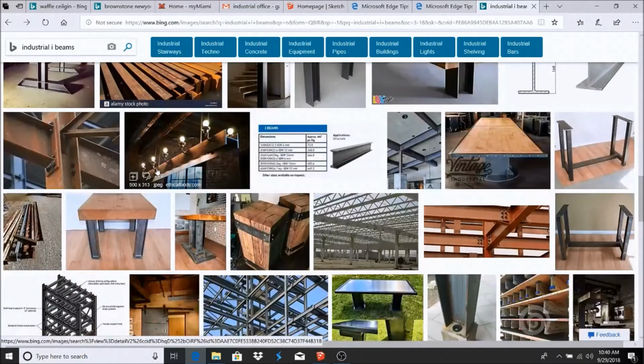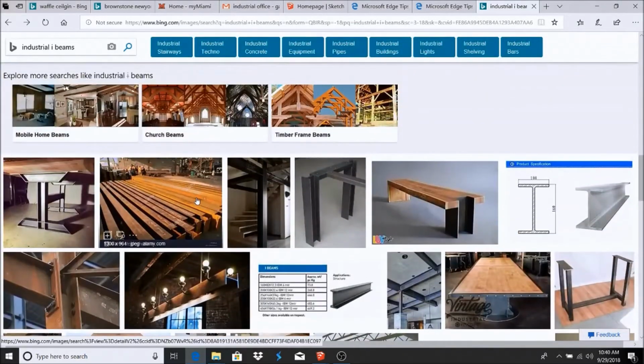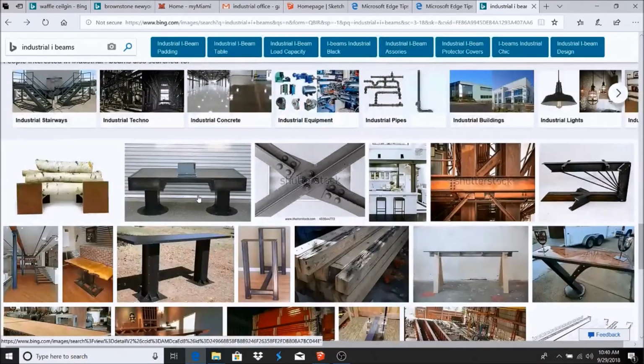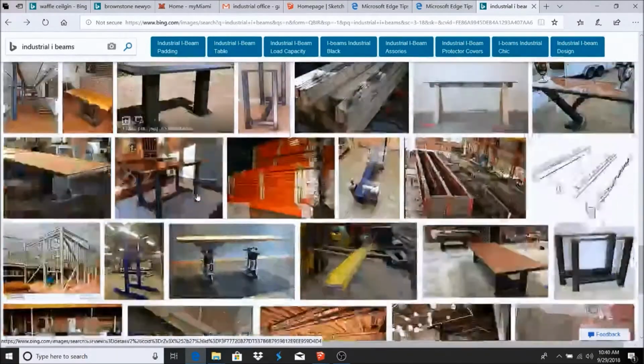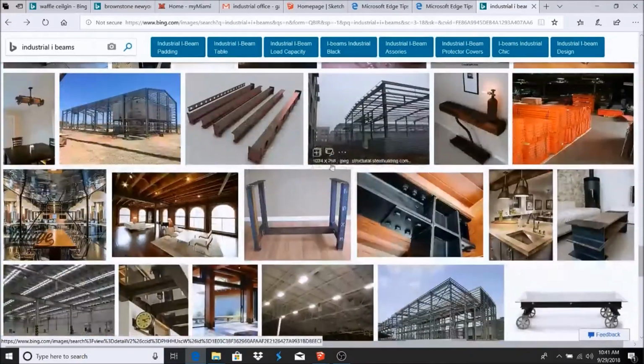For inspiration, I mainly get a lot of my inspiration off Instagram, but Pinterest is another, and just a Google search. I just type in a few words and search through the images, and I get ideas and things that spark my imagination. So